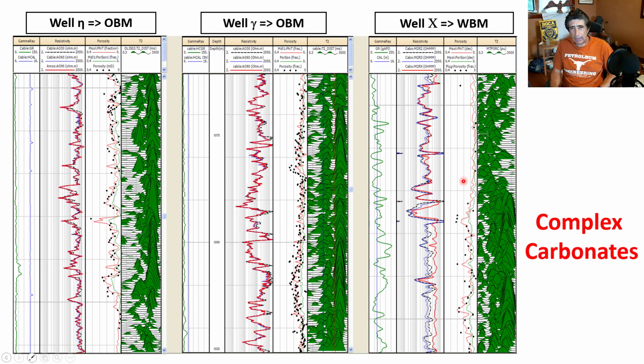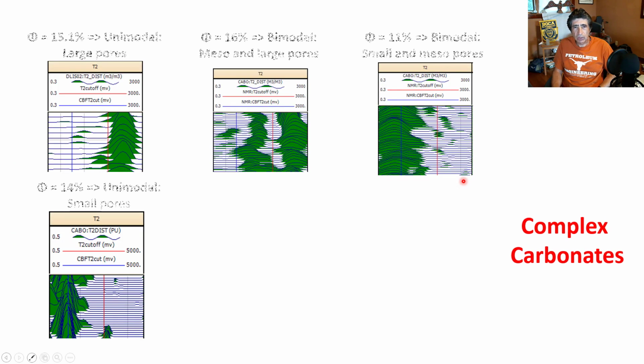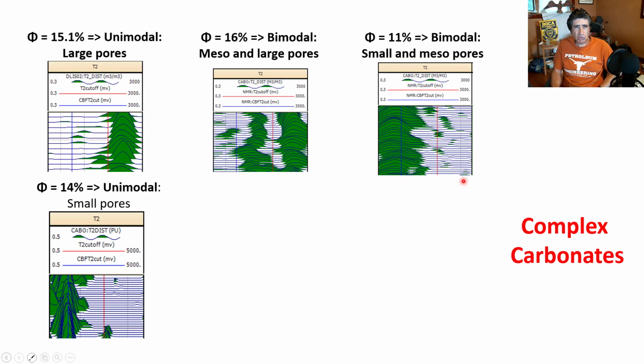Remember my analogy with the shower head. Good. And here's another way to explain the same thing: we have rocks with approximately the same porosity, 15.1, 16, 11, and 14, but yet the T2 distributions are very different, you see. And the reason why T2 distributions are different is because the rock at the bottom will have the smaller pores,